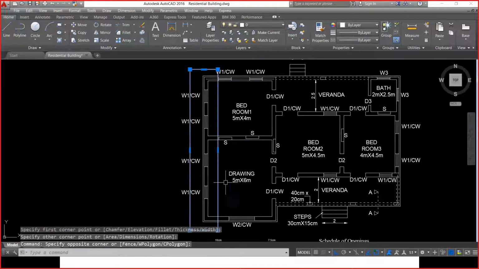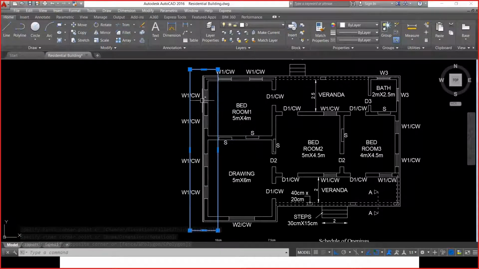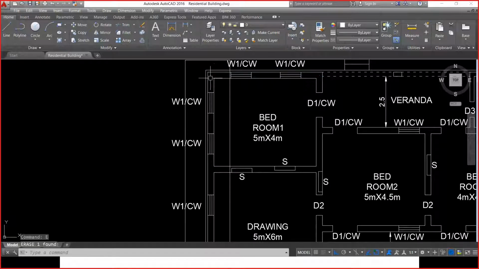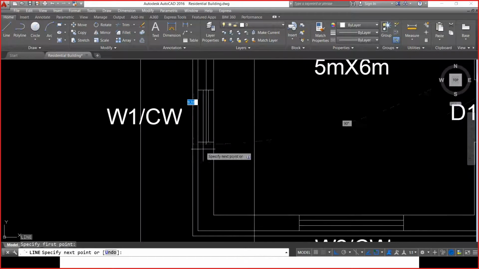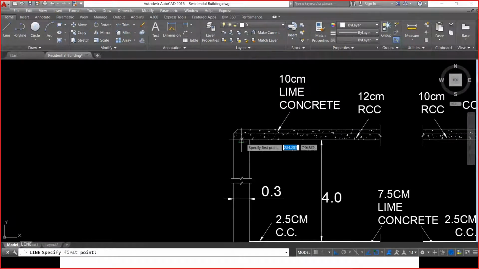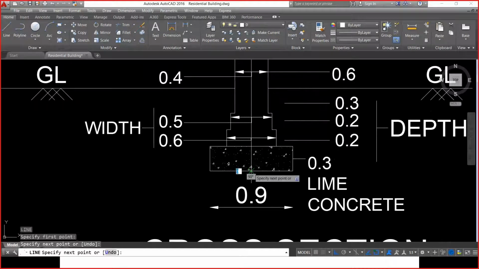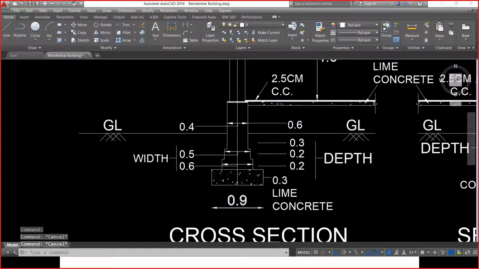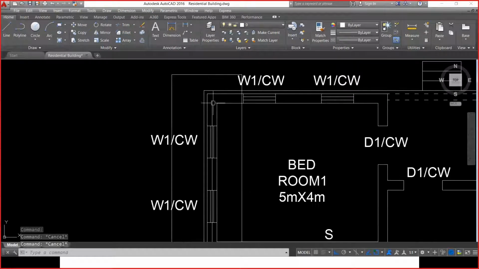This is the excavated area, and I just have to go on laying the lime concrete. How to do that? I need to calculate the area of this rectangle. How to calculate the area? I know the center to center distance, center of this wall to the center of this wall, which is nothing but the center line in the section also. If you consider the center line to the left hand side and to the right hand side, you have 0.45 meters on either side, because the total width is 0.9 meter. Now